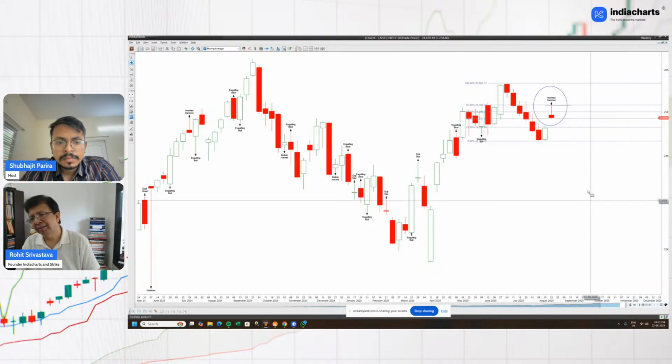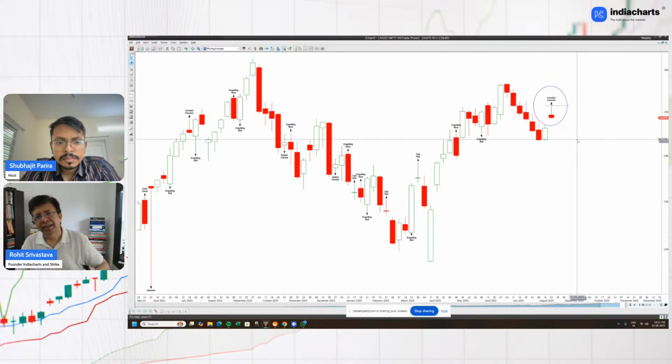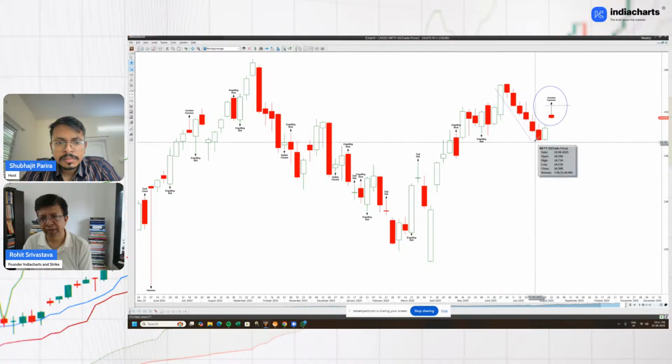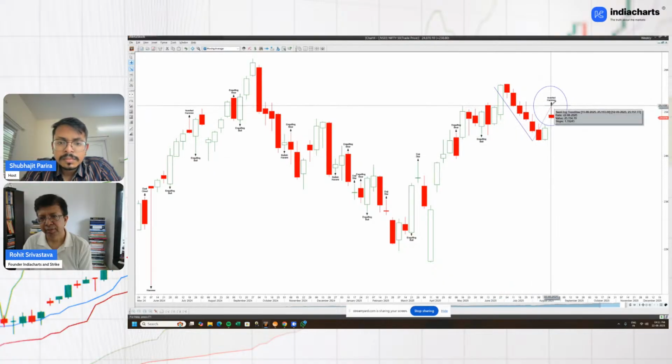And therefore, at 61%, getting resisted and developing an inverted hammer can give you a point of trend reversal. We, of course, need to see follow-up action, but this can be a sign. We saw the 6-week decline and then we've seen the 61% bounce. If there is more downside, then this bounce is over at 61% and we can start developing another leg on